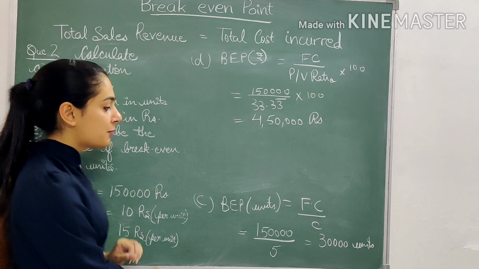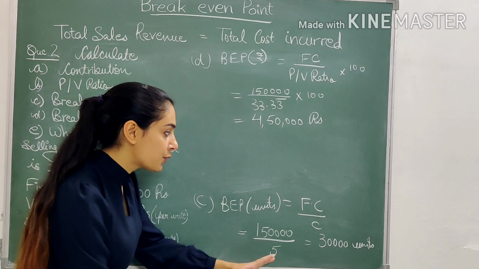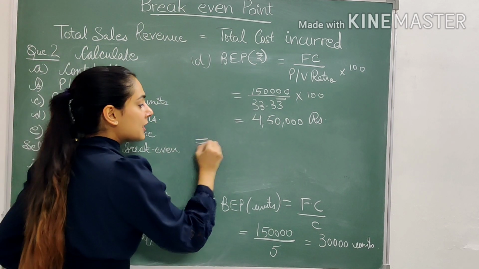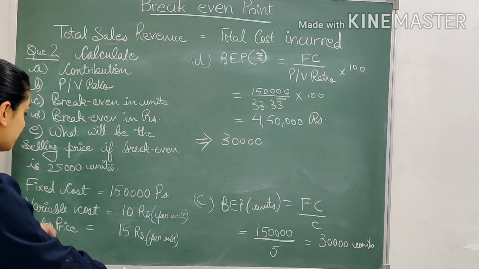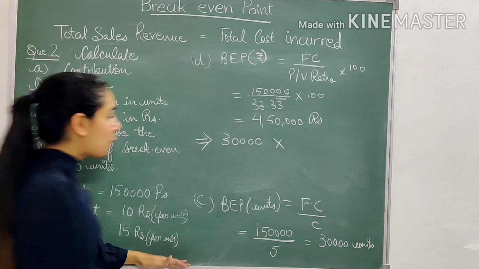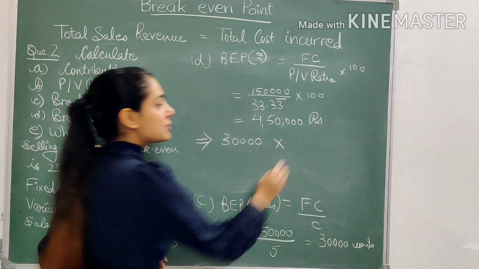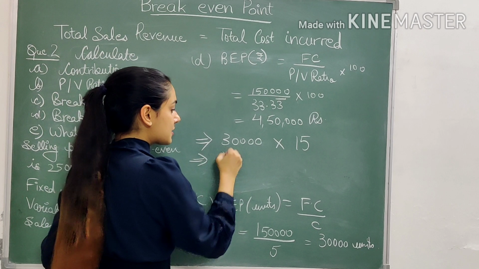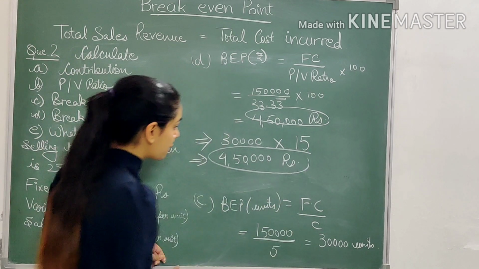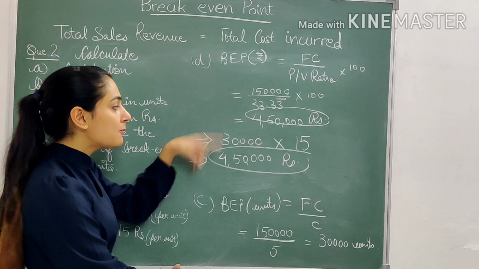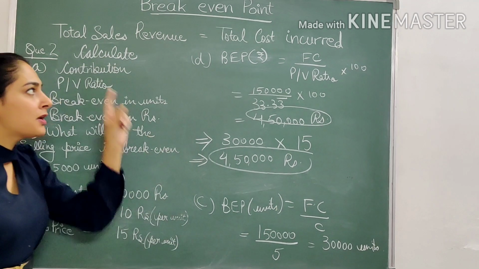Also, to make it more simplified, what you can do? You can use this part, in which you have calculated break even in units. Suppose we have already got the break even level of units, that is 30,000 units. And now what you have to do is simply multiply it with the sales price. Obviously, if 30,000 units are being sold at the sales price of rupees 15, you will again get the answer as 4,50,000 rupees. So you can simply reconcile your answer that in both the cases the answer will be 4,50,000. So this is the way in which we have to calculate break even in rupees.